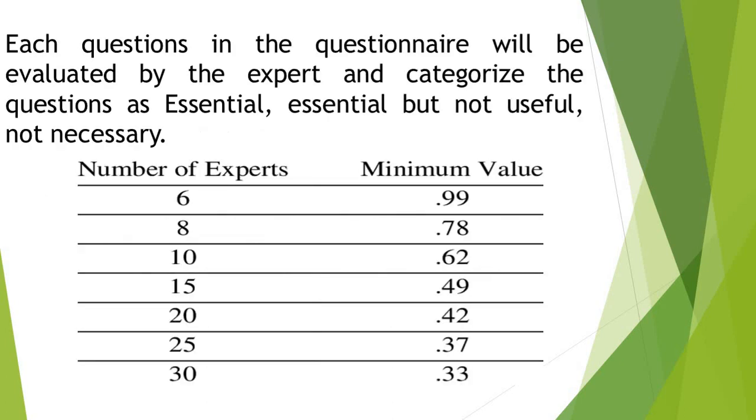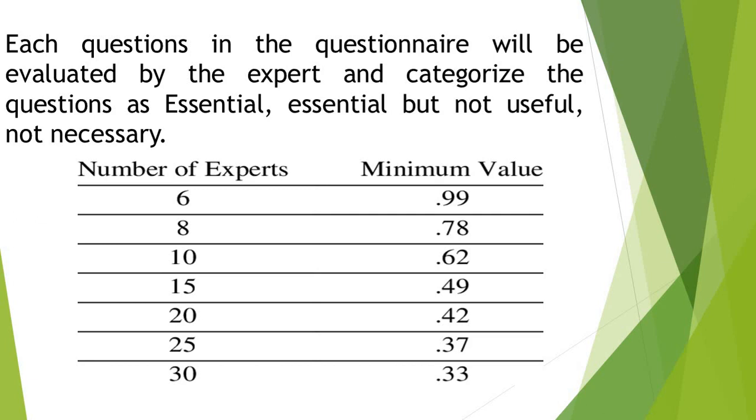Each question in the questionnaire will be evaluated by the experts and categorized as essential, useful but not essential, and not necessary. If we have 6 experts, the minimum value supposedly will be